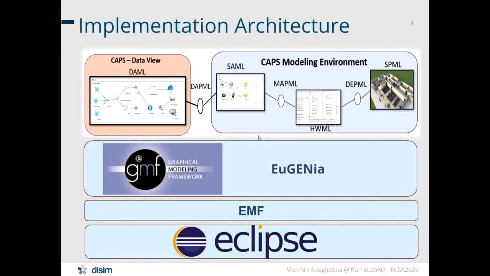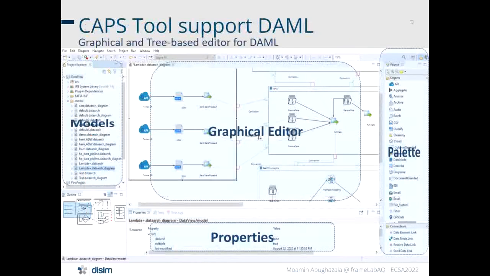In the interface, we have on the left side a model, so we can create a new model. In the middle, the graphical editor. On the right side, we have the palette, which contains objects and connections. Objects are in the upper part, which contains all elements that we need to describe the data. And in the bottom, the links to show the direction of the data flow between elements, the order of the